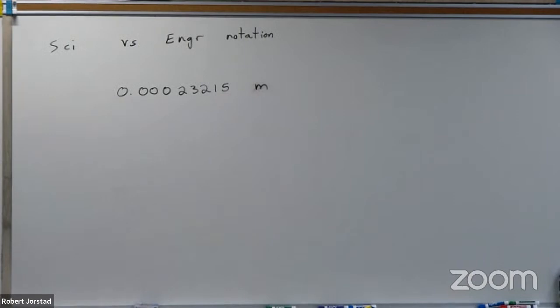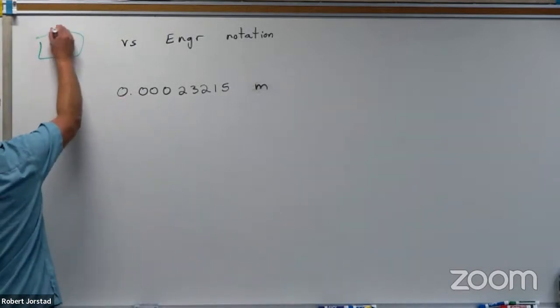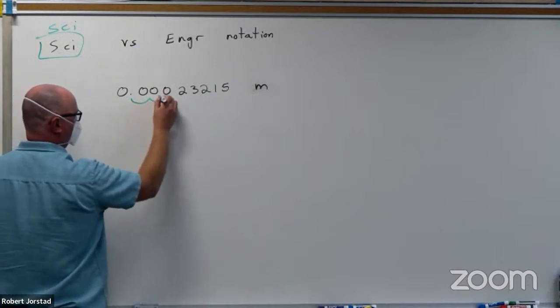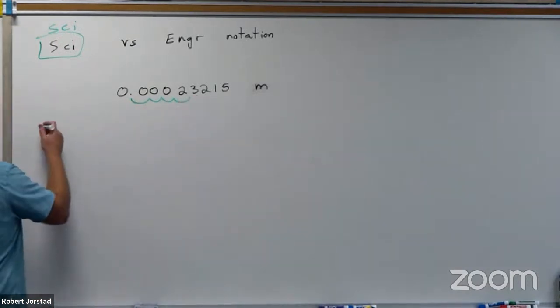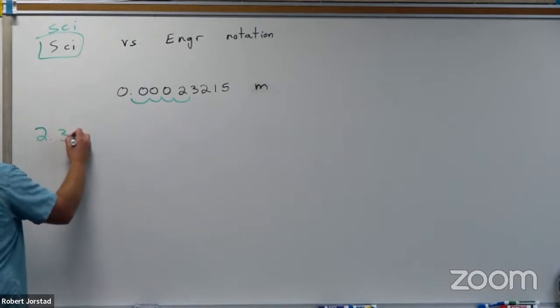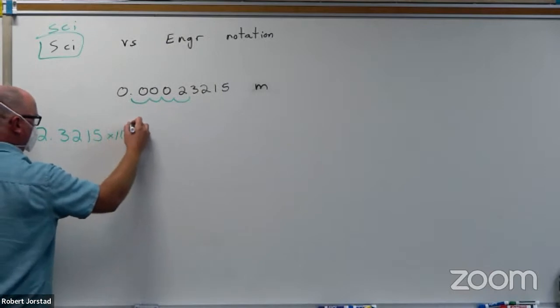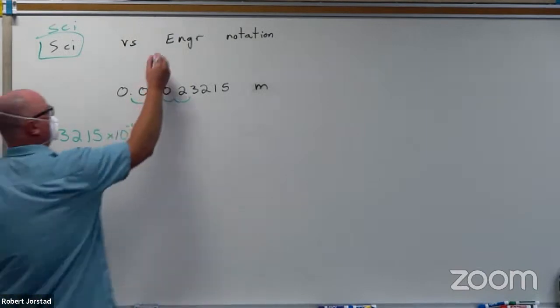If I'm trying to convert this into scientific notation, I would go 1, 2, 3, 4, that direction. This would be 2.3215 times 10 to the minus 4th meters. Great. If I was doing this in engineering notation,